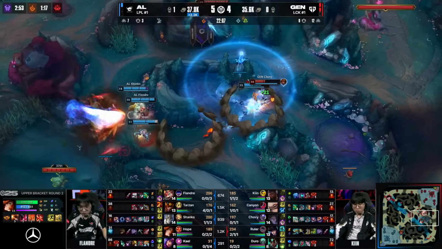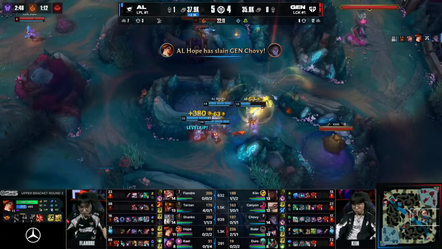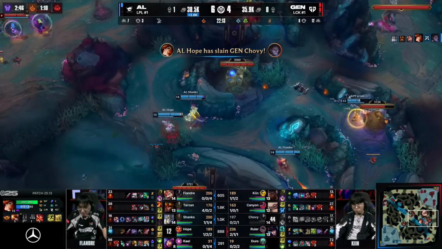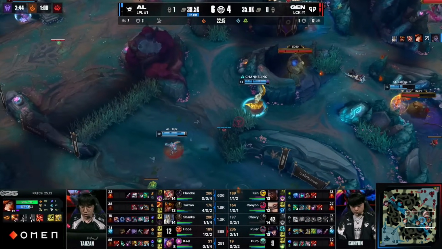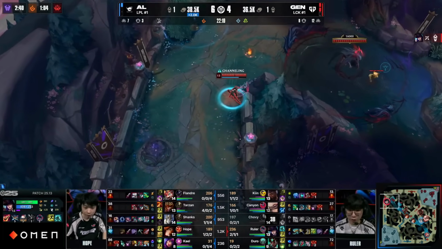Chovy caught out again as Flandre is looking for the chase. He can just dash across the wall. There's the Cataclysm, though, in from Tarzan. Hero's Entrance there for the follow-up, and Chovy has no flash to escape. Hope takes the kill. Chovy falls for the second time this game. And Chovy has had a relatively muted series, but in this game, he's straight up just getting...